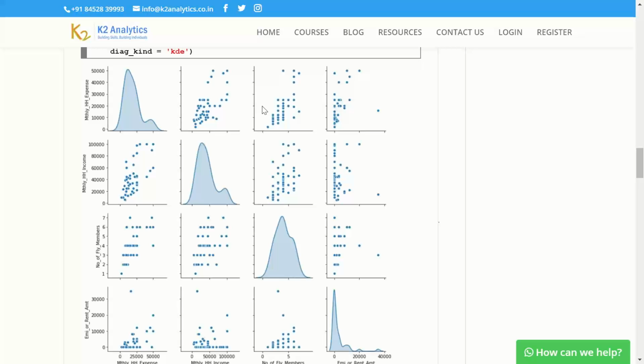Whenever you're making a plot, don't take it as an exercise of running code. Executing code is not the objective. When we are executing the code, the objective is to interpret the output. Now, how do you read the pair plot? The way to read the pair plots is,